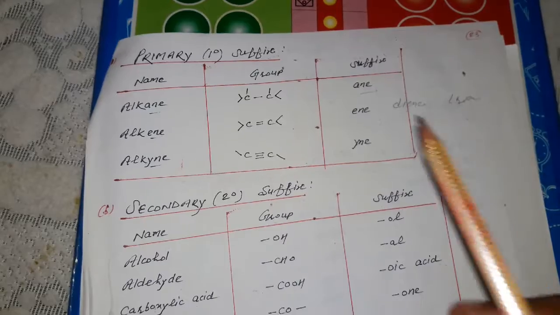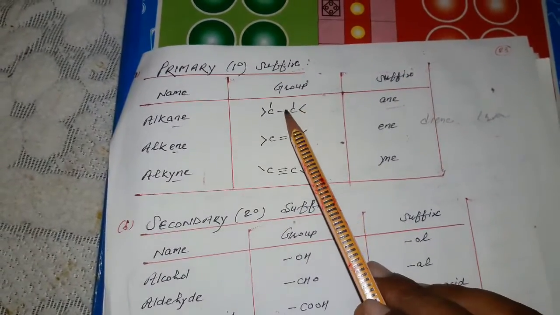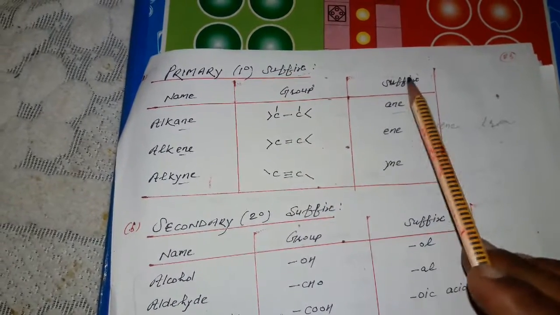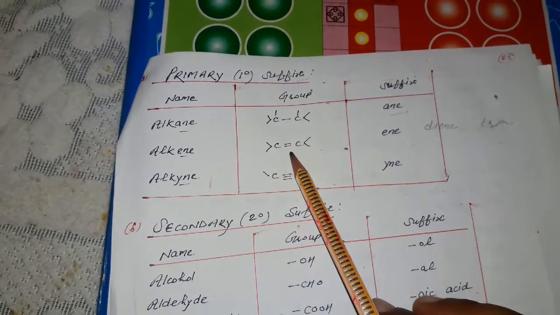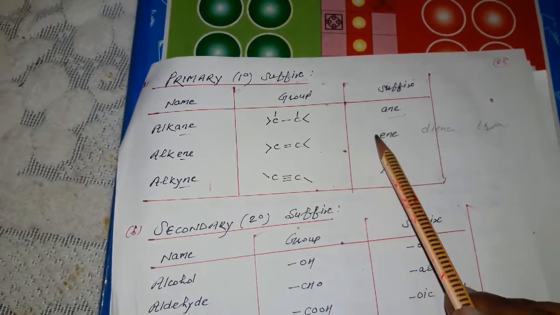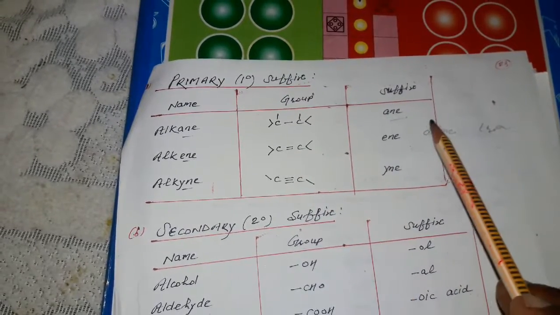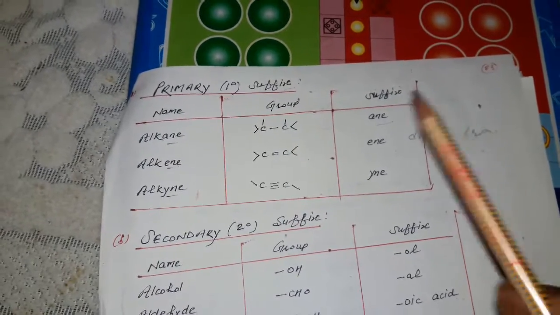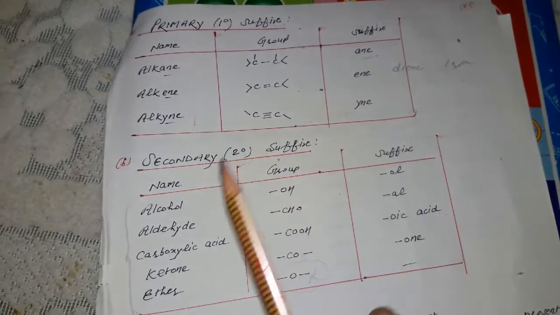So with the word root we use the words ane, ene and yne. If the carbons are linked with single bonds, all single bonds in the main chain, we use the word ane. And if any double bond is present along with the single bonds, we also use the position of the double bond with the word ene. And if there are two double bonds in the whole chain, then we use di. For 3 we use tri-ene with positions. Similarly for alkynes, triple bond, we use yne.